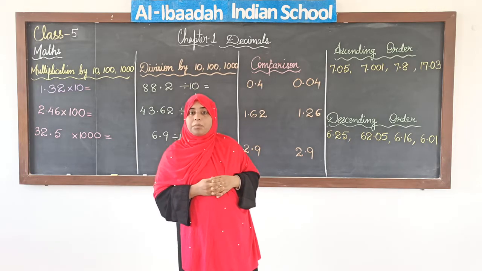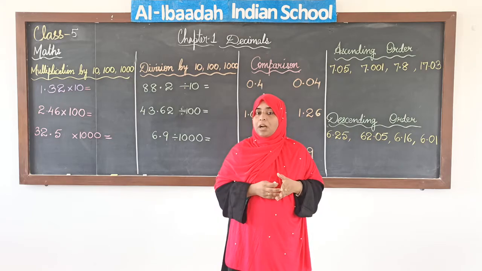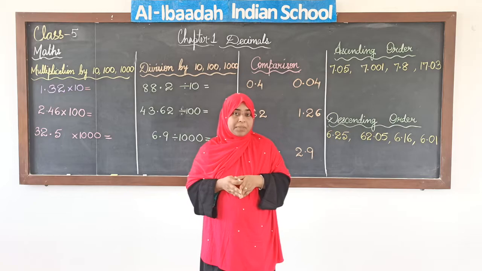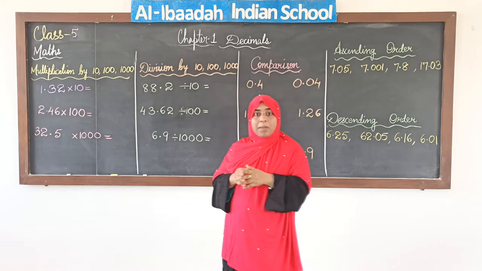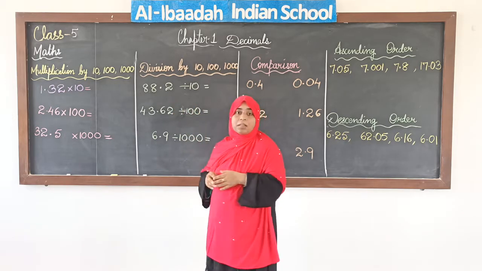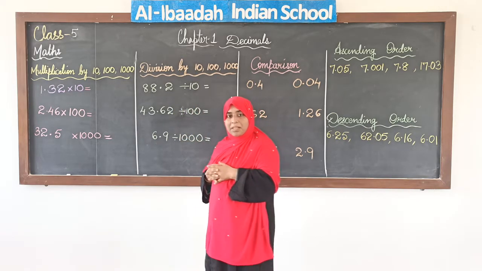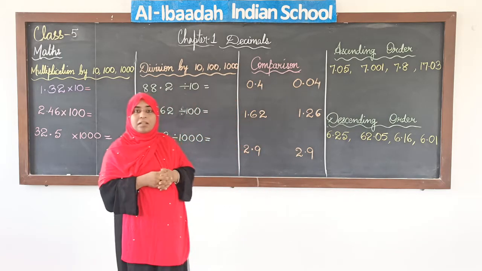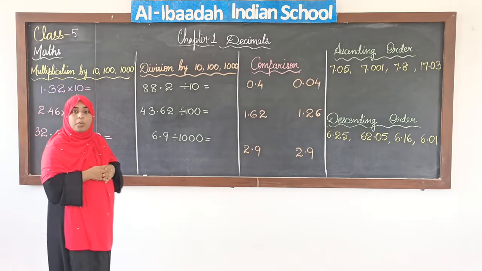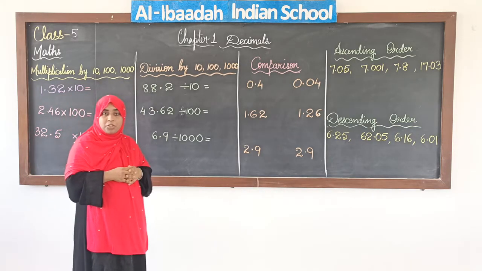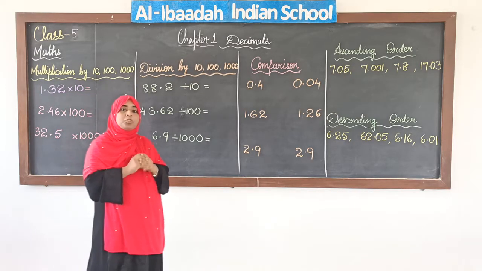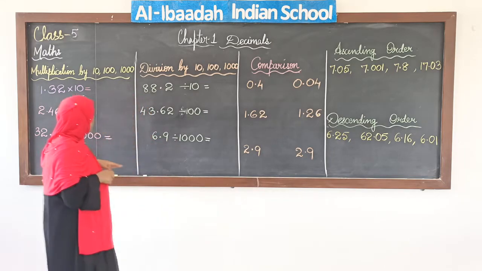Now, if you remember, in our previous video we have seen how we do addition, subtraction, multiplication and division of decimal numbers. Okay, we are going to do multiplication today of decimal numbers, but with 10, 100 and 1000. The concept is very simple and very easy when we do multiplication with 10, 100 or 1000. Same thing when we do division also. We only have to see how we shift the point. When we do multiplication or division of decimals with 10, 100 or 1000, we just have to shift the points. So, let us see how we do that.